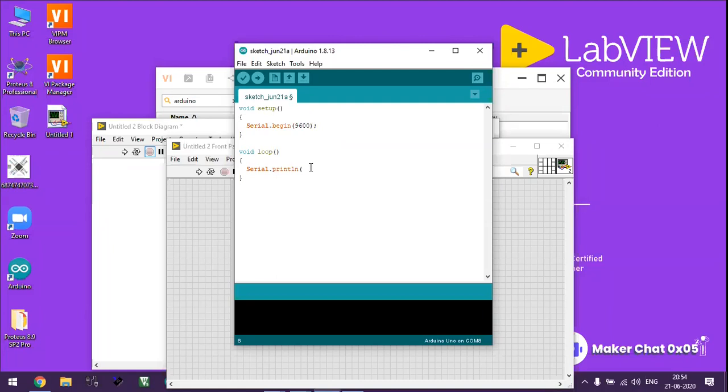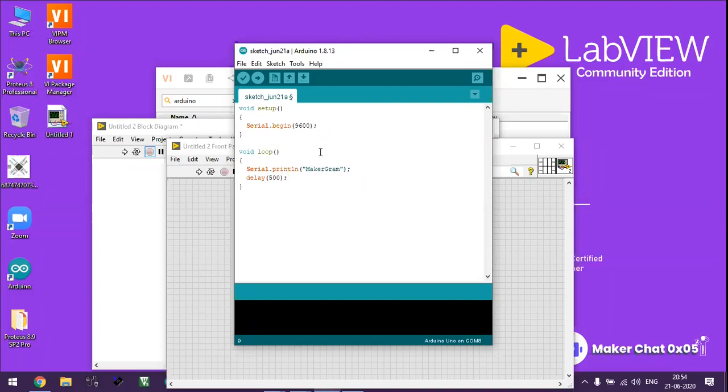For a new line, I'm writing makergram. Simple as that, and I'm giving a delay of 500 milliseconds. So every 500 milliseconds, the Arduino board will transmit on a 9600 baud rate a simple makergram text to the serial